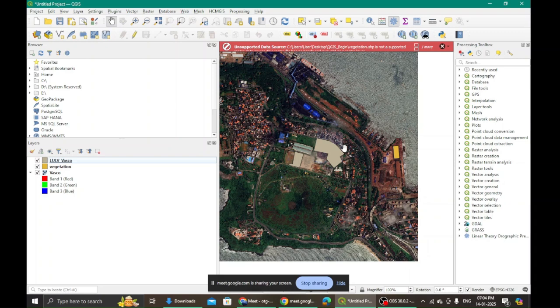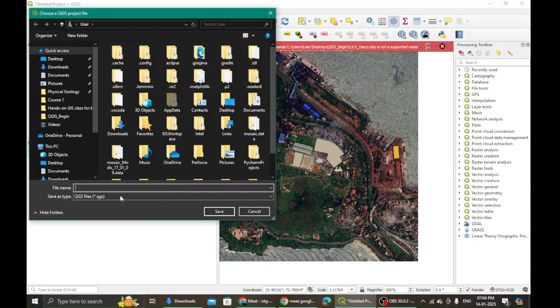Drop me a Y if you are ready with your project file. I'm saving this project. Have you opened your project? You must have saved it yesterday in the same folder. We made a folder yesterday, and in that folder we have kept all the files that we were making.